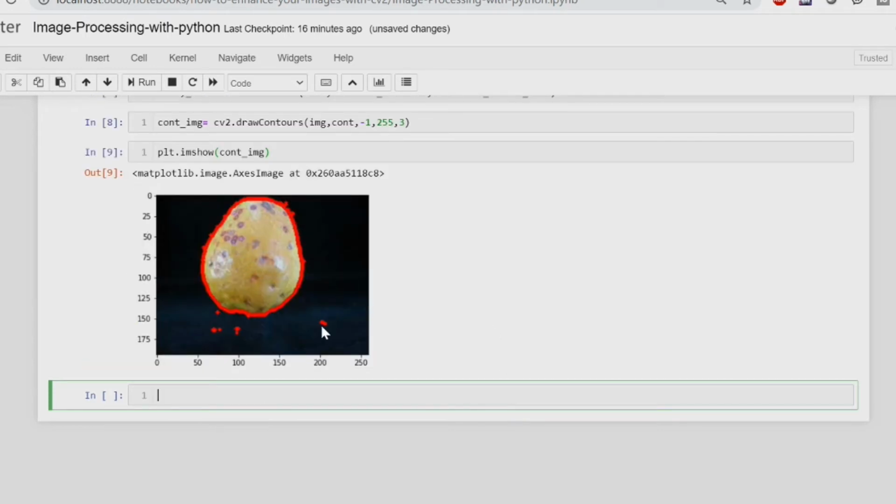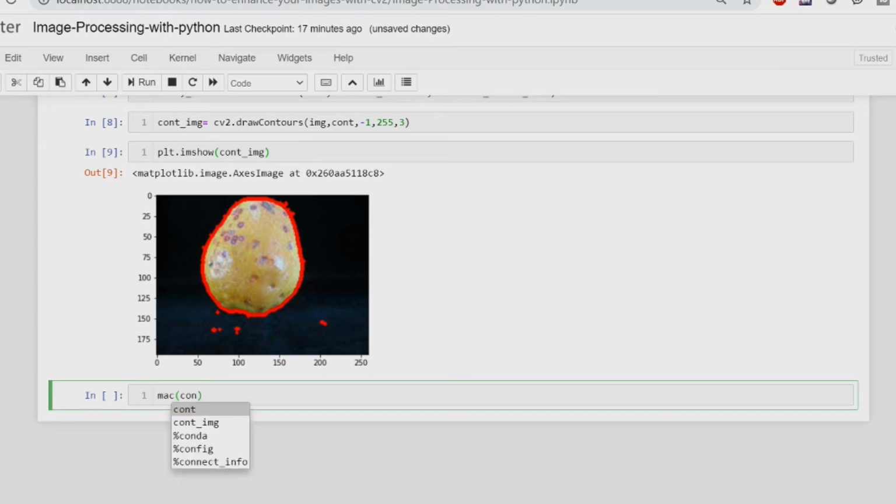So here you can see we are getting the contours which are shown in red, and you can see the complete guava is inside these biggest contours, and there are small contours outside from this guava image. So we want to extract this guava out from this image. We can find out the contour which has the highest area, and there is a method to find out the area inside the contours that is called cv2.contourArea.